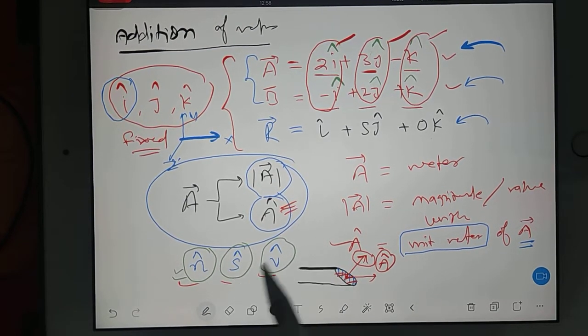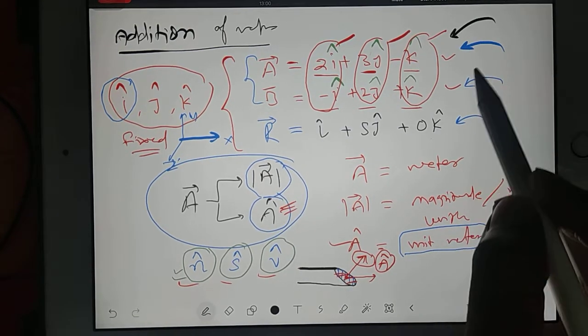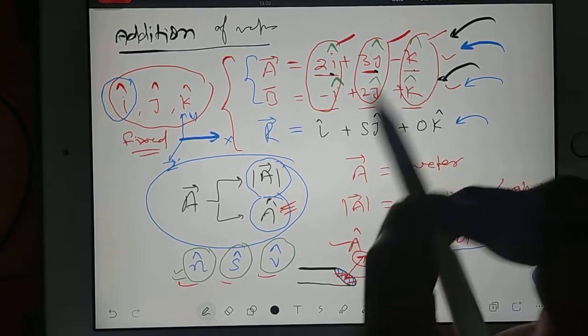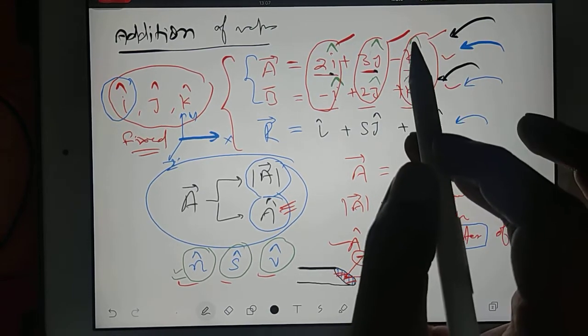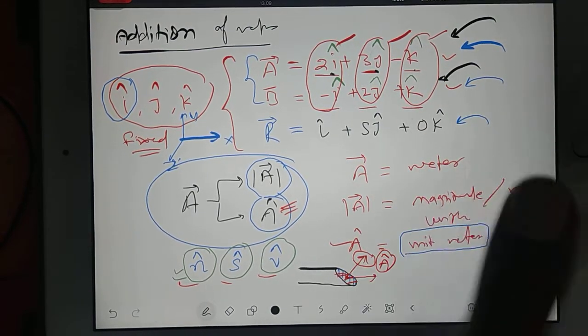I'm trying to say, when they are giving vectors in the form of i, j, k, then addition is very easy. But if they are giving a vector with the help of direction and magnitude, I'll change the page. Suppose one example,